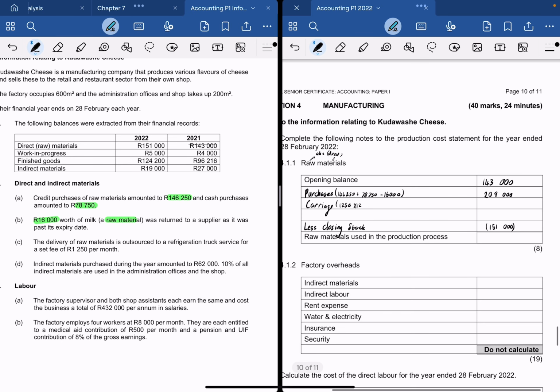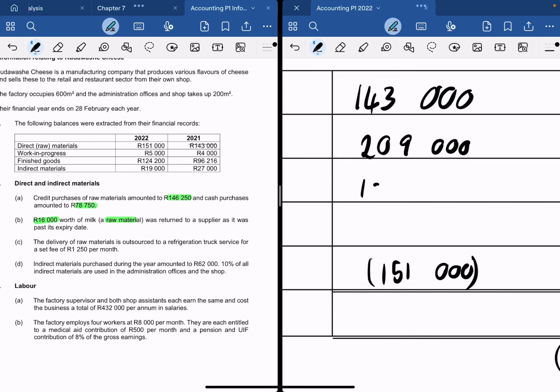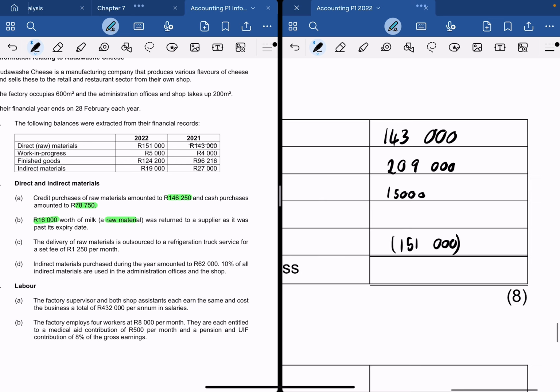Our carriage is 1250 times 12, 15,000. Nice and easy. Calculate all of this. 143 plus 209 minus 15,000 minus 1. Ooh, why am I minusing 15,000? Should be plus 15,000 minus